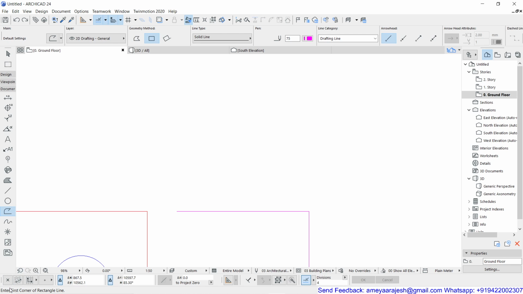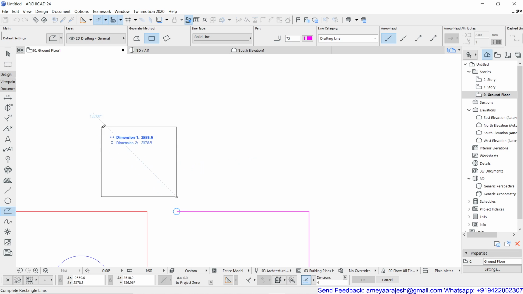Read the prompt. It is written, enter first corner of rectangle line. So the rectangle which you're going to construct, for its first corner, the moment you click on any point as per your choice, now you know it very well that if I want to stay away from this particular point at a particular distance, I should stay there, get my snap guide, and then once that snap guide is there, I can just drag on the required side. I'll get the approximate distance I traveled. If I want to keep some particular gap, I can put that gap and press enter. You will see that you will get that exact distance of 500 maintained between the old point and the new point from where we have started.